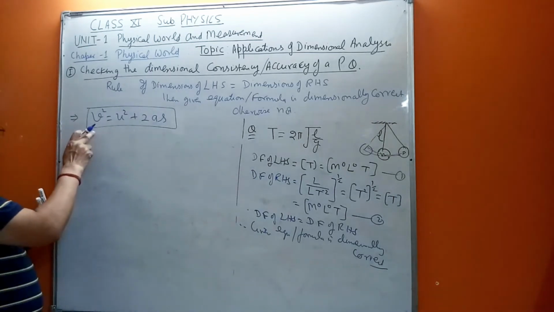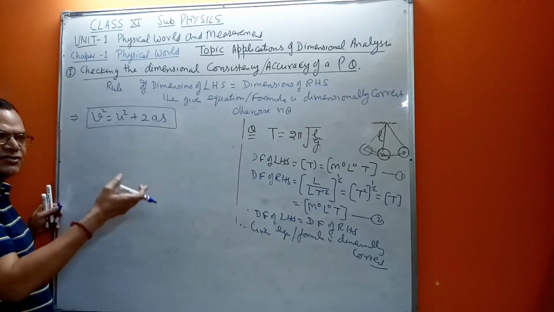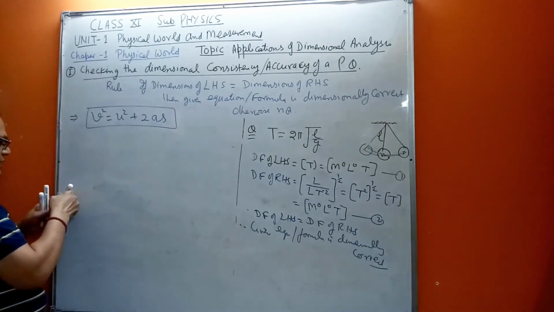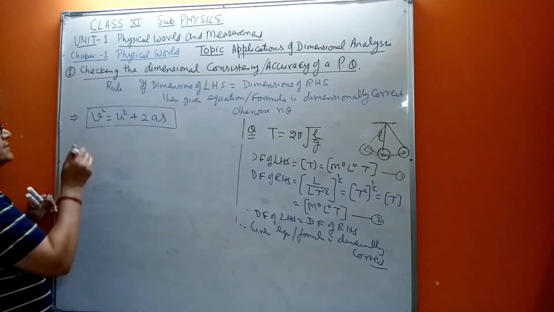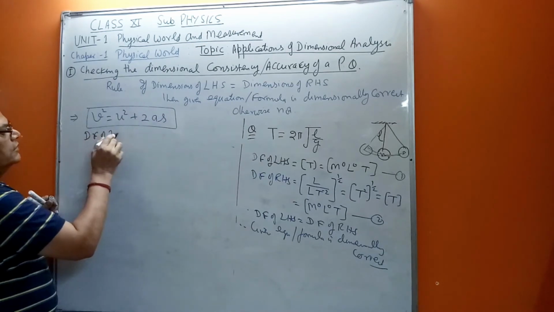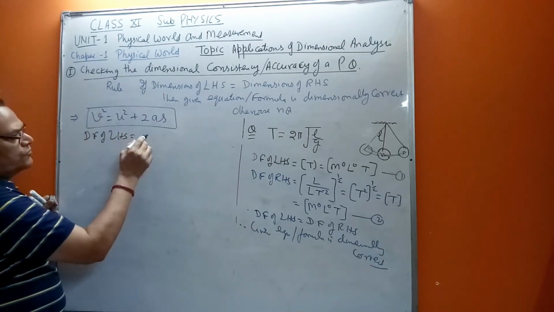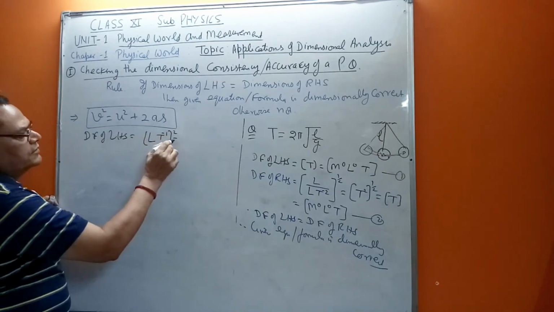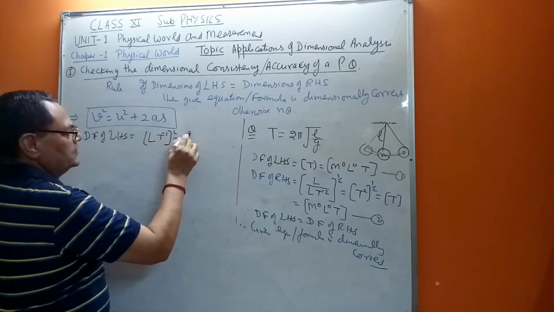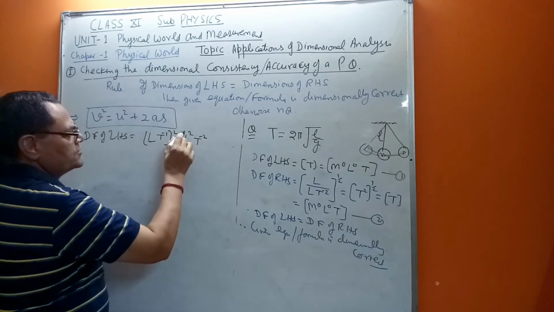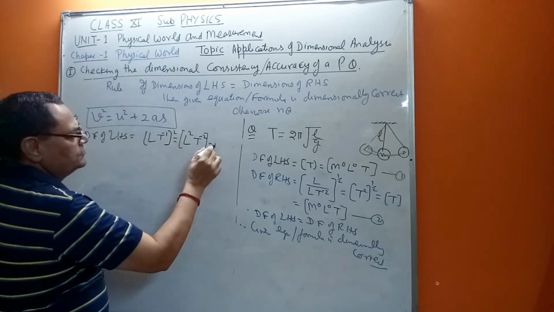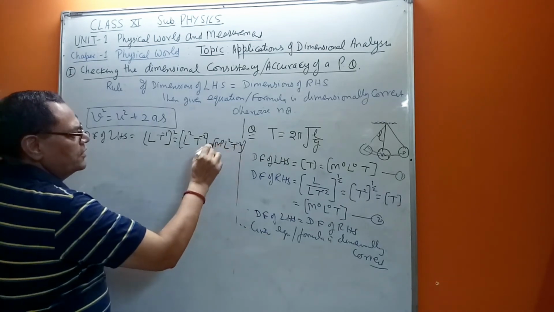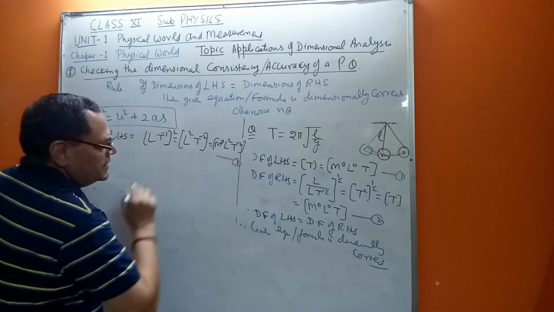I think you know. We will write the dimensional formula of the left hand side. The dimensional formula of LHS is velocity square, that is L T minus 1 and square. So this becomes L square T minus 2, or in ideal form M0 L2 T minus 2. Clear? So we will put it as 1.